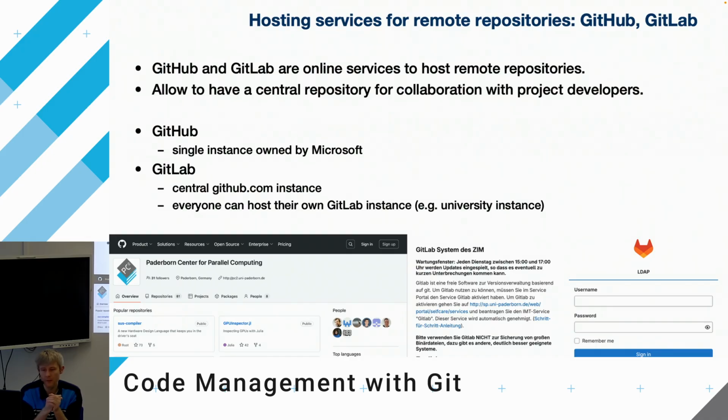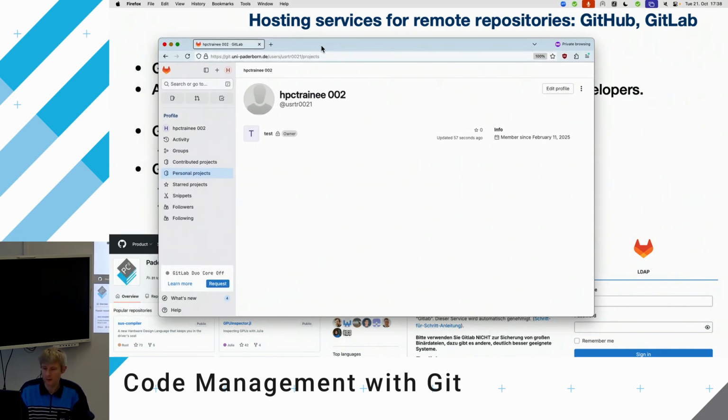But there are also these more advanced hosting services for repositories like GitHub or GitLab. And GitLab is, for example, often provided by universities to store and manage the projects of the researchers. So let's take a look at this. This is, for example,